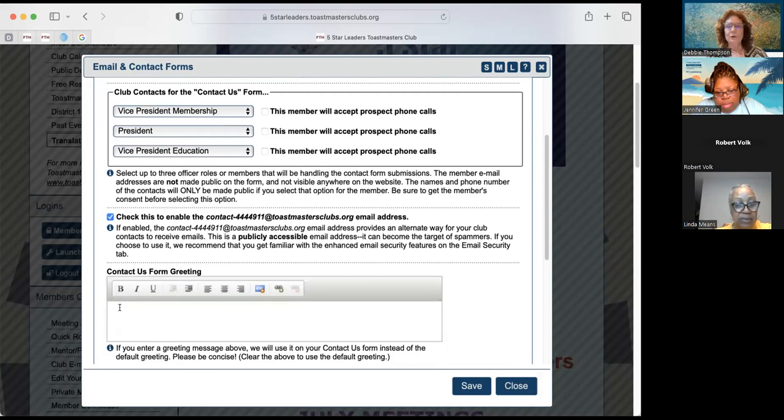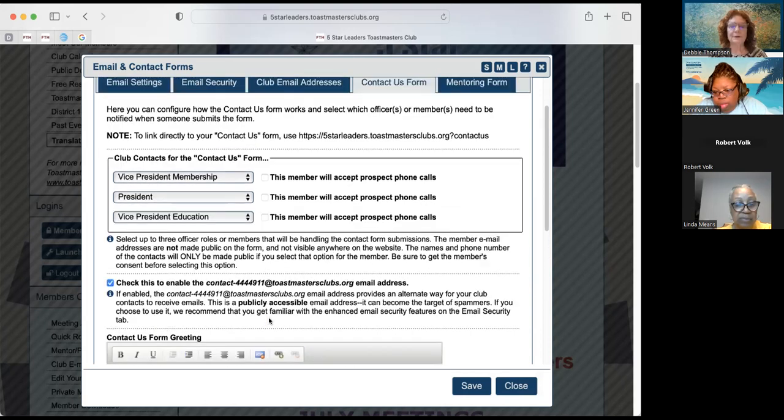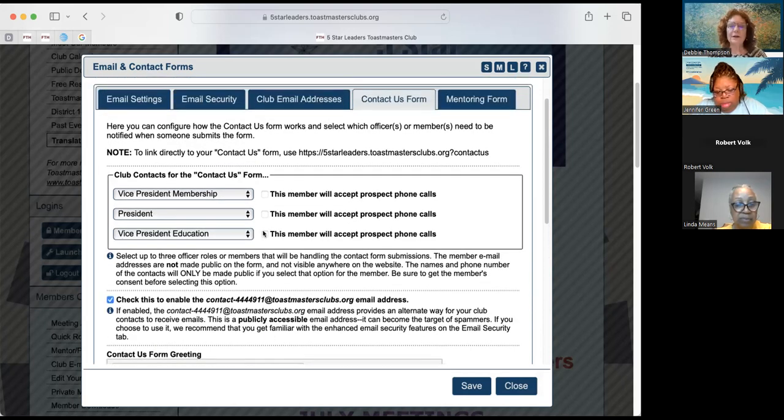You can put a personal greeting here. Welcome to 5-star leaders. And I'll show you where that comes up. You can also customize this so it has people's telephone numbers, but you have to check this block to be able to have those phone numbers shown.